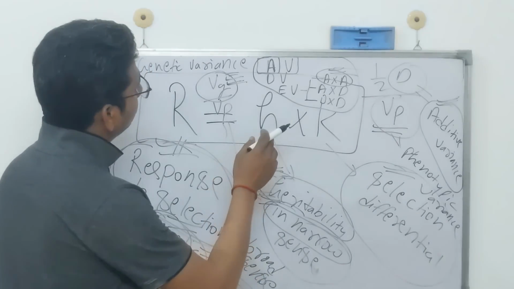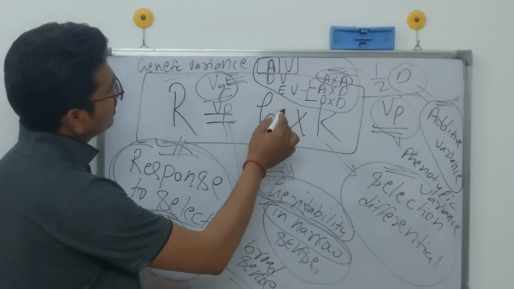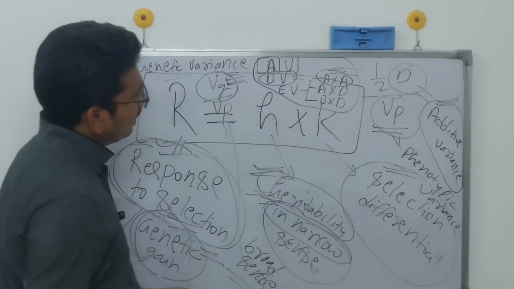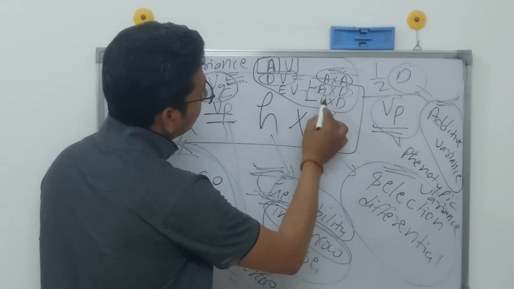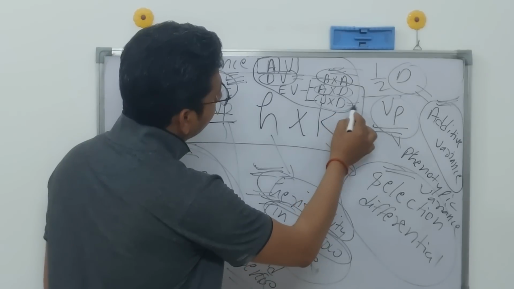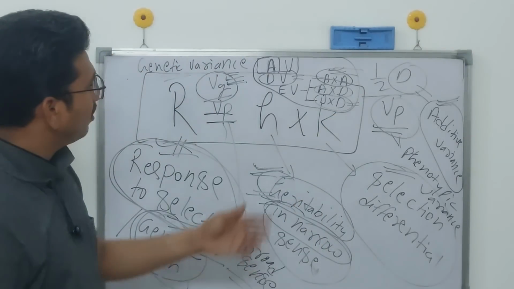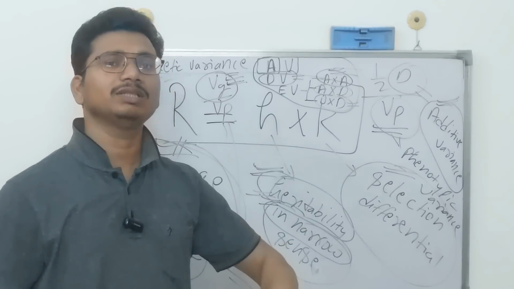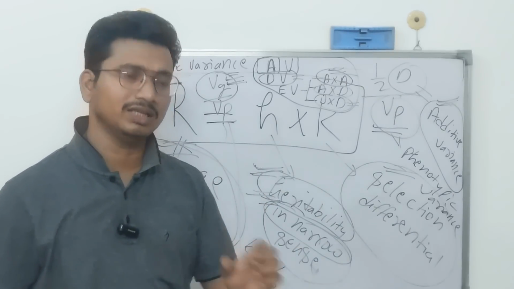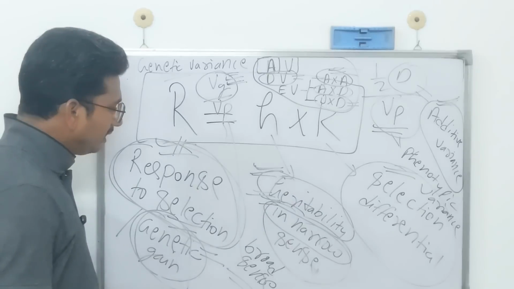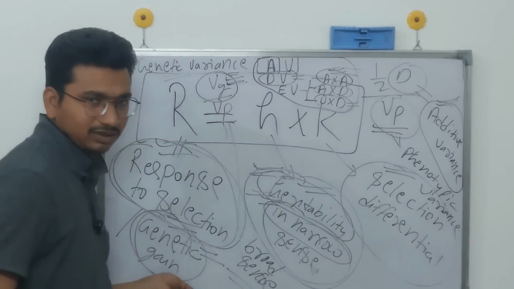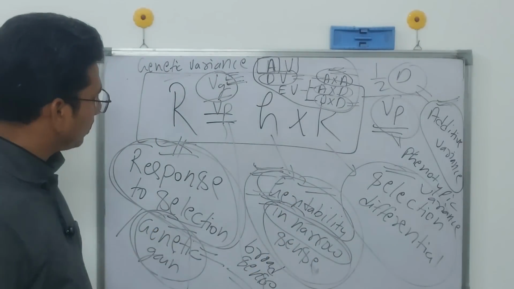But in case of genetic variance, dominance variance, additive into dominance epistatic variance, and dominance into dominance variance are not fixable in nature. They are heritable in nature, but not fixable. So heritability in narrow sense provides more reliable results than heritability in broad sense.